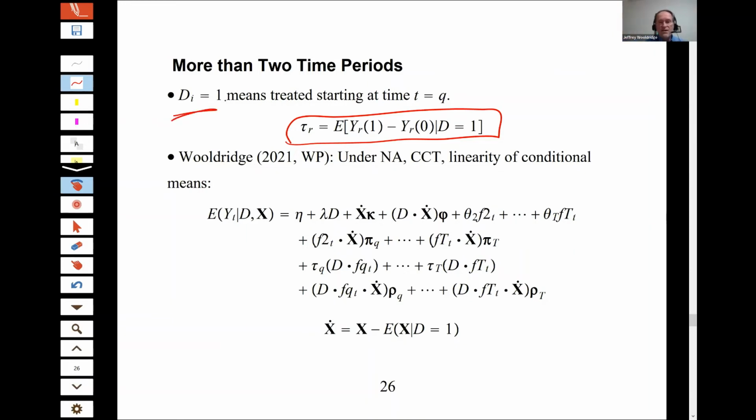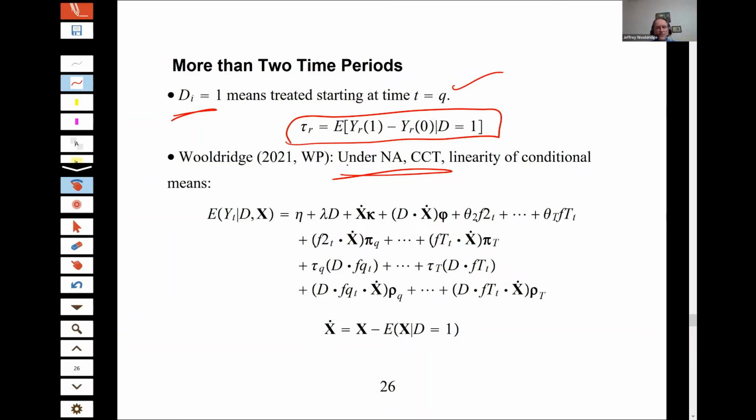This means now the treatment started in period Q, so Q is the earliest period, and then we can go all the way to the end. What I show, under basically the same assumptions, the no anticipation and the common trends assumptions, which have to be modified a little bit, but not in any important way,